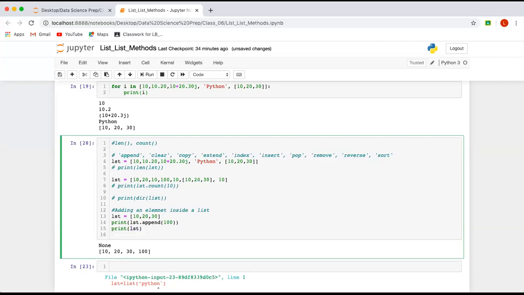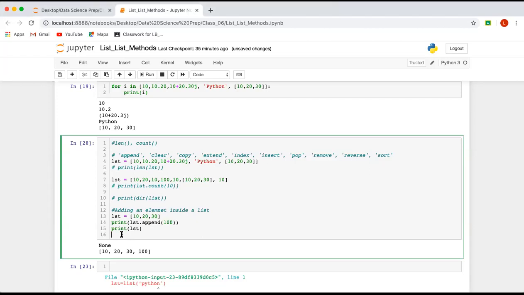Now the next method is insert. The insert method adds one element at a particular position. Let's say you have this list lst. There are 4 elements currently, 10, 20, 30 and 100. Yes, this code will execute and add the value also. Yes, Dinesh, the print command will also work, the code will execute and add the value.